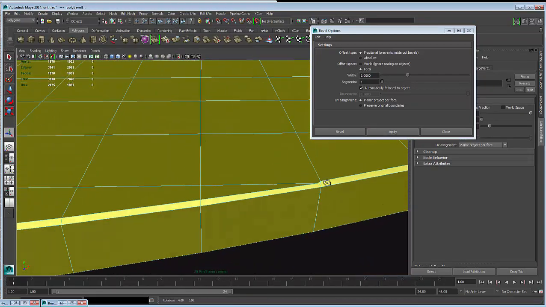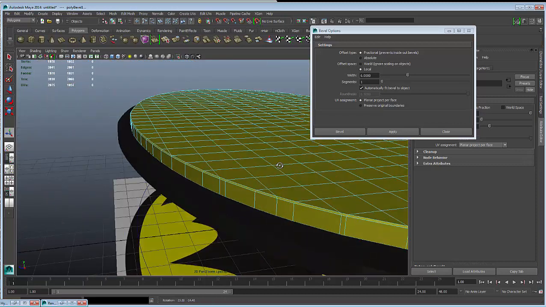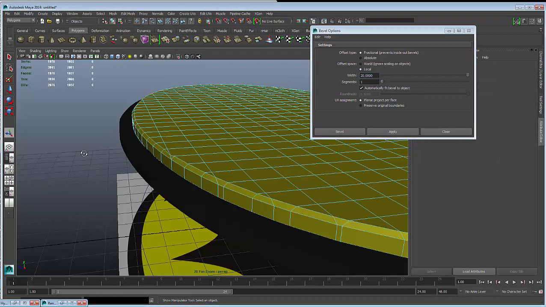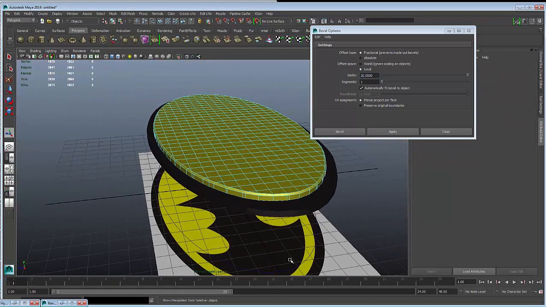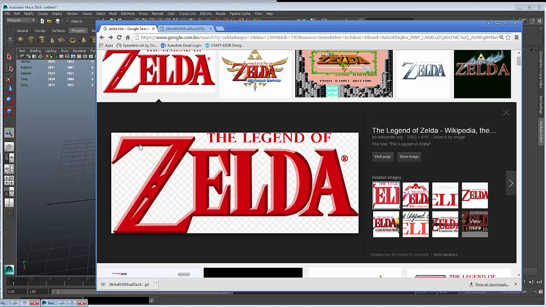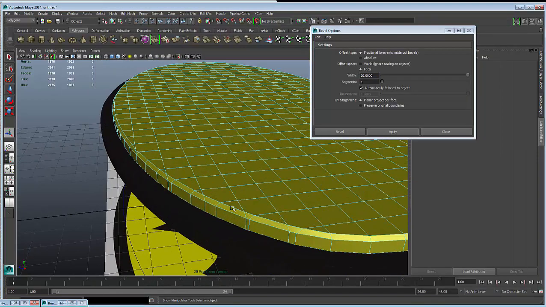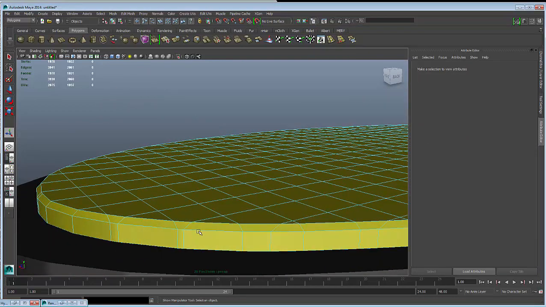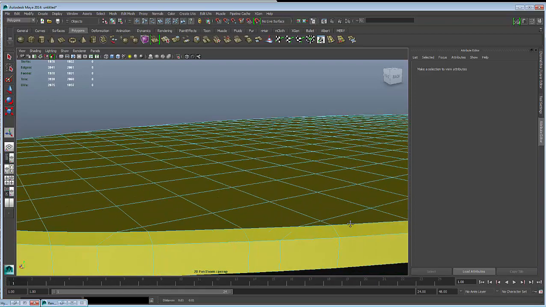1 has a little bit of wonk here, but it still looks nice-ish. And maybe 1 and boost the width up to 20. Boom. So you get this nice looking feel, that's not too dissimilar to the Zelda point here. Look at that. You get this nice bevel. So if you need to add that little curve, you can. It's not too difficult if you use bevel, but you do need to make sure,